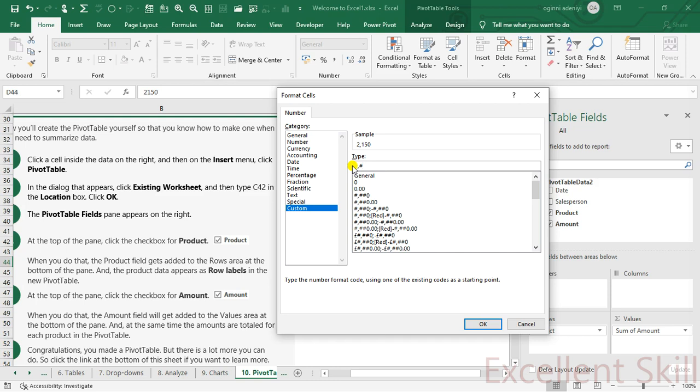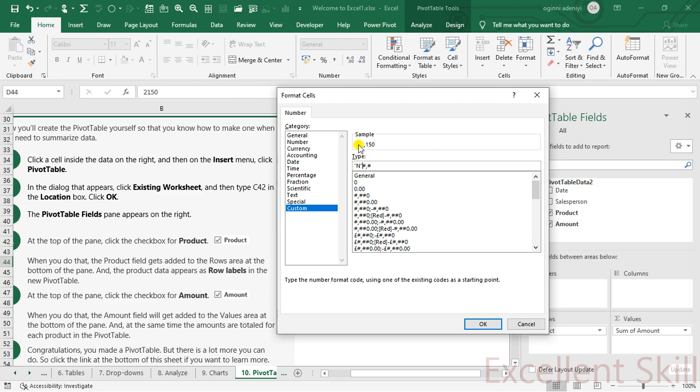One is okay. Now for us to have that Naira, in quotes, open your quotes, then type your capital N, then close your quotes.